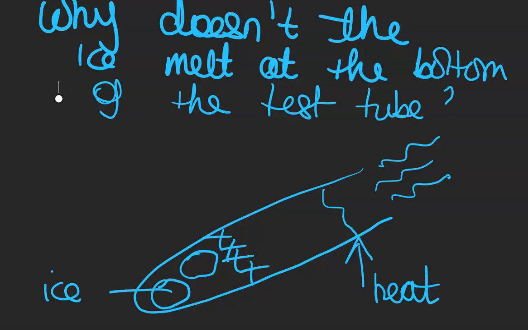So here you have a test tube and you fill it with water and you heat the water at the top, not at the bottom, and you take a piece of iron gauze and you suppress 2 pieces of ice at the base of the test tube. Now when you heat the water at the top, you are not allowing the water to allow heat to circulate